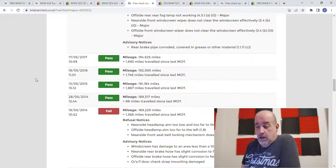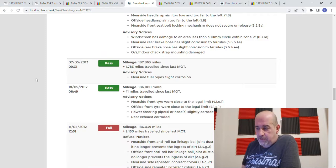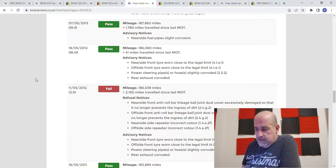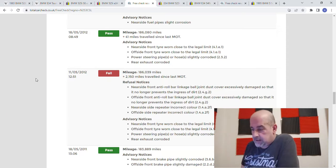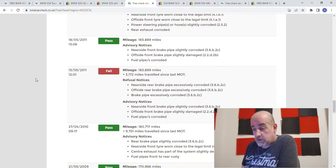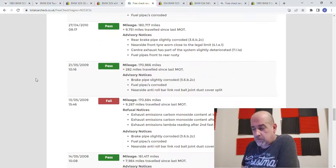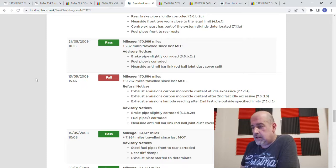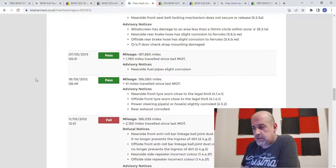There's some nice passes. 10 years ago, straight through. Nothing too worrying there, but again, fuel pipes, brake pipes, they don't worry me too much. And even though you'll see the ball joint covers and things like that, that doesn't worry me. But it is corrosion that is what you want to look for. And not corrosion of brake pipes, corrosion of the body. And some of this is giving me the indication that this one,